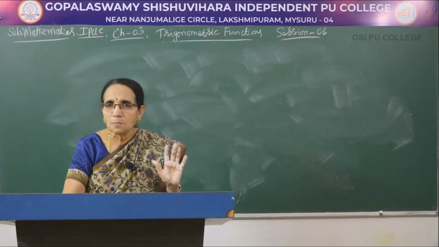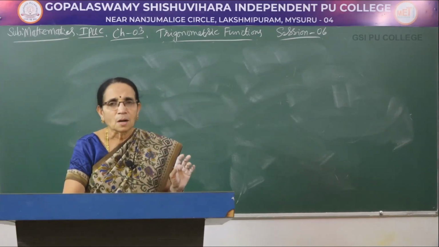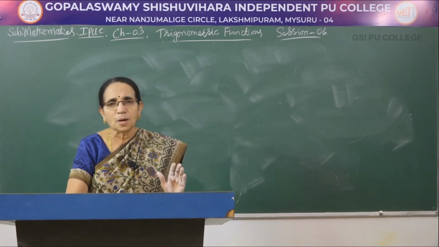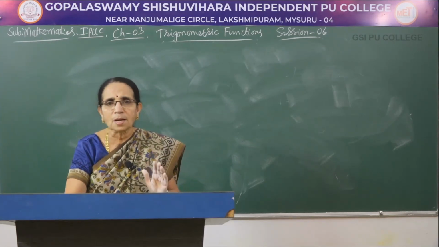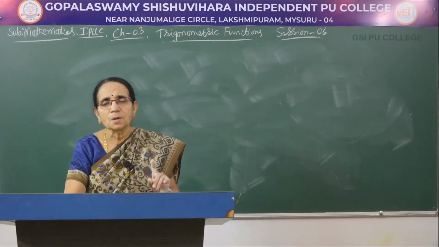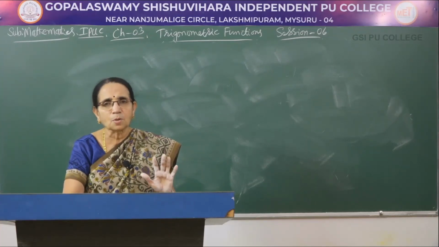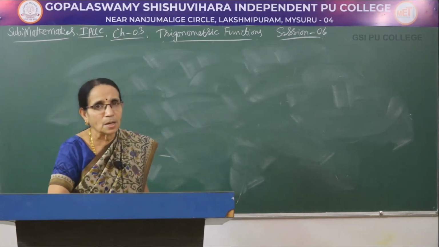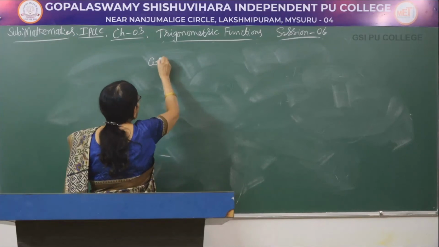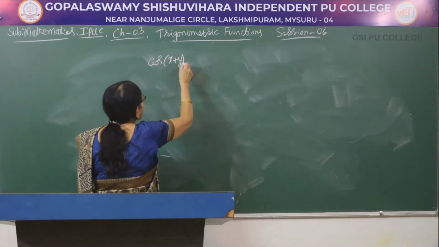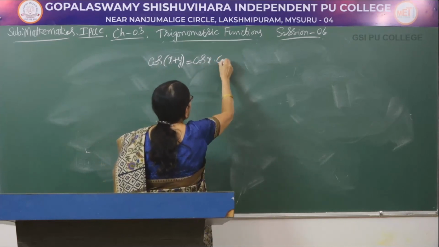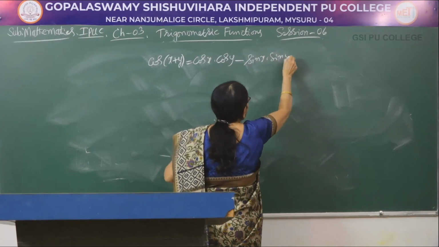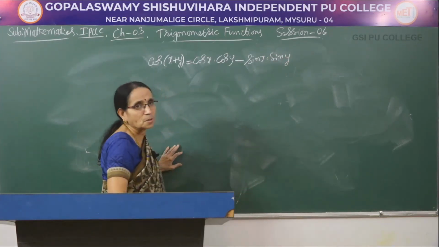Do not ever consider that as a bracket multiplication; it is not cos of x plus cos of y. In cos of x plus y, x means the first angle, y means the second angle. So, cos x into cos y, cos of the first angle into cos of the second angle. On the left hand side we have plus, on the right hand side we have minus. So, it is sin x into sin y. Okay. So, this is the formula we derive. It is the first formula we have learned. In this formula, cos of x plus y, we have cos x into cos y minus sin x into sin y.